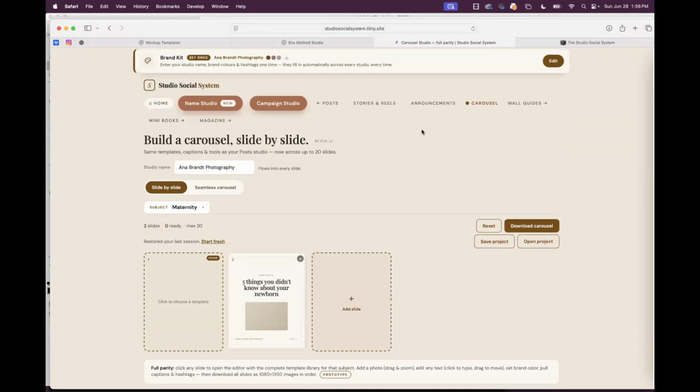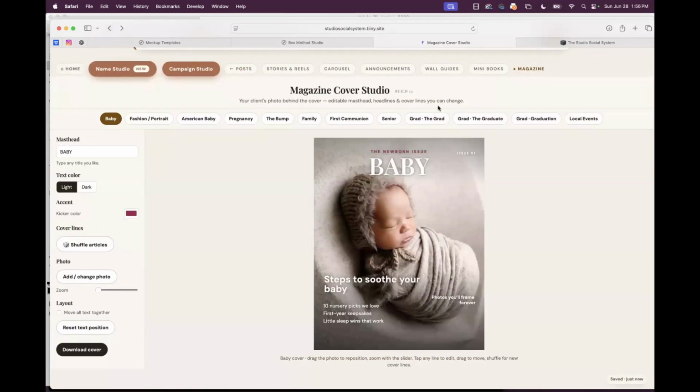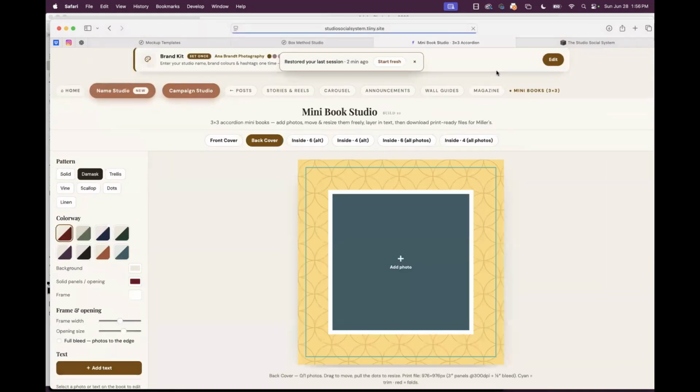Carousels, also another favorite. Could I go back to the mini books for one quick second? Is there a way to make mini book calendars? I mean, we can do calendars, but mini books are so small. You want to put a calendar in here? Somebody else, Nicole just said calendars would be so fun. Made calendar for my husband, had inspiration quote and picture for each month and printed it for his desk. But I think the mini books are only so many pages, so that would not work for this type. Well, the mini books are 12 images, and so then the month of January would have to be on the cover.